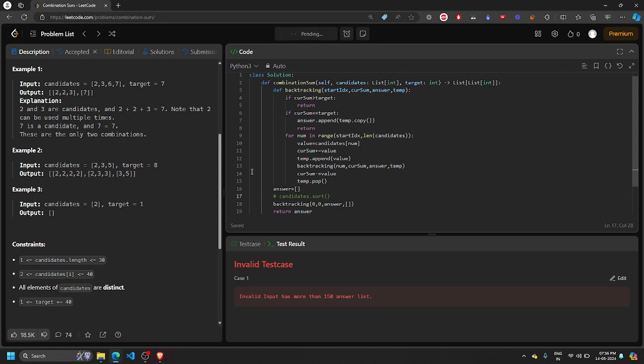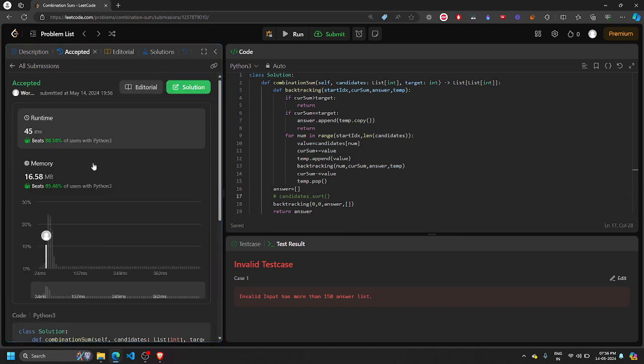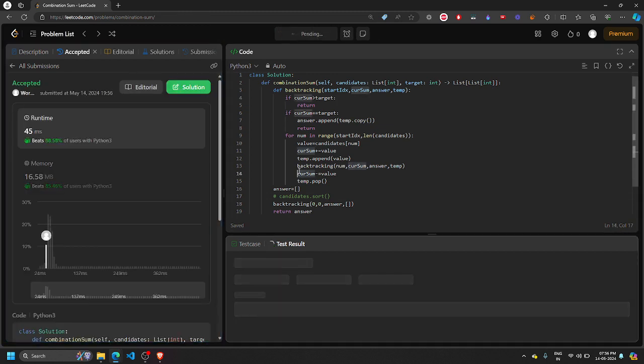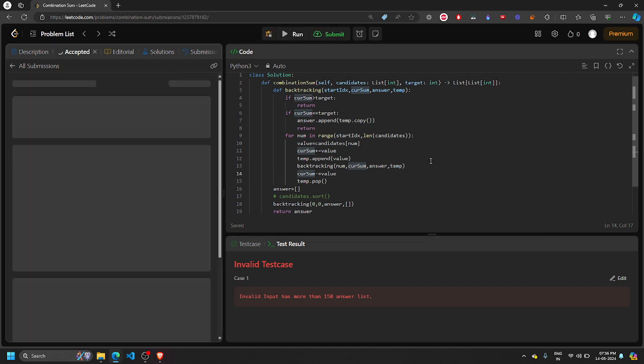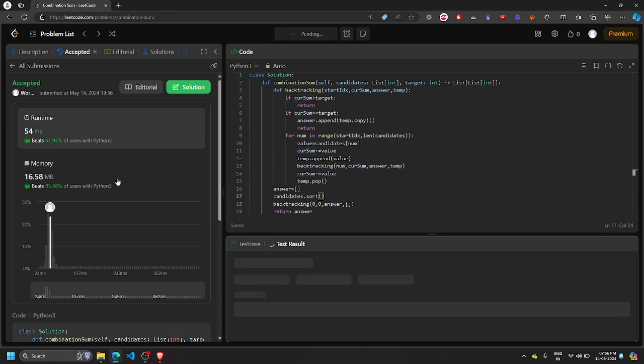Let's just submit it, and I'll show again. When you don't sort the actual inputs, okay, that's shocking. Yeah, this is the problem with LeetCode. There are a lot of inconsistencies. It is actually not passing very well. But when you sort the candidates, I hope you get better time now, because if it gets lesser time,